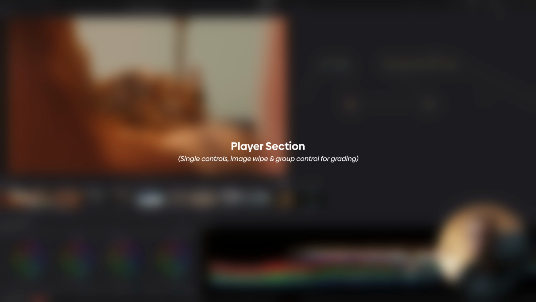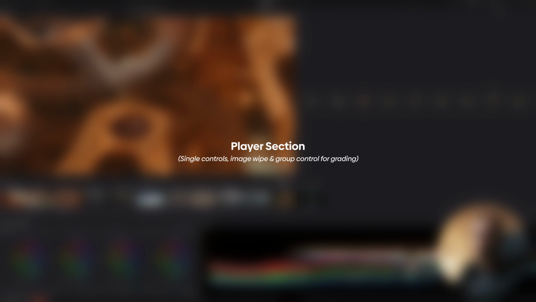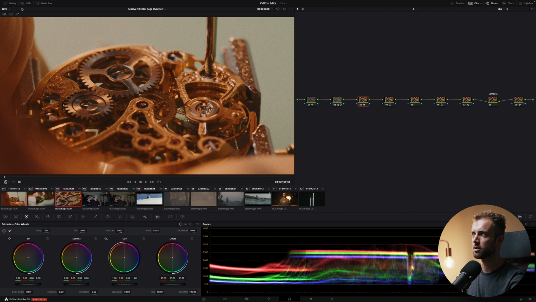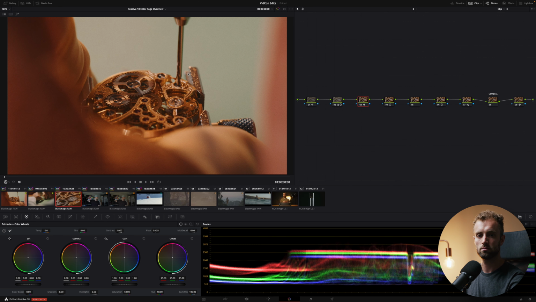Let's go to the player box, or the player section. So for example, you're accidentally zoomed in all the way. You can zoom out manually, but you can also just click the button here, fit, and you're done. Right here, you've got your timecode settings. This is the source timecode, which I always leave it on. And this is the timeline timecode, which is also featured here. So I pretty much don't touch that.